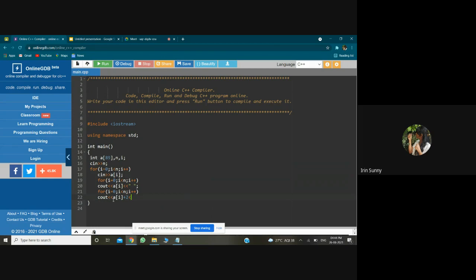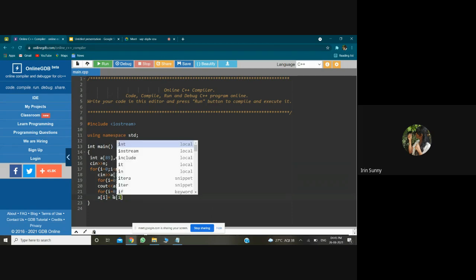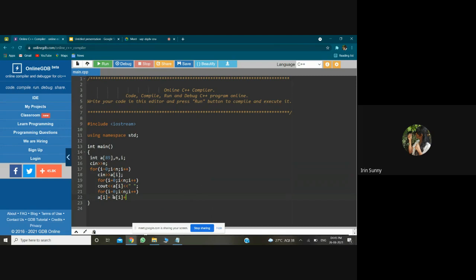Or I'm just going to update it first. A of i is equal to A of i plus 2. Then I'm going to write the same print loop. Let's see.